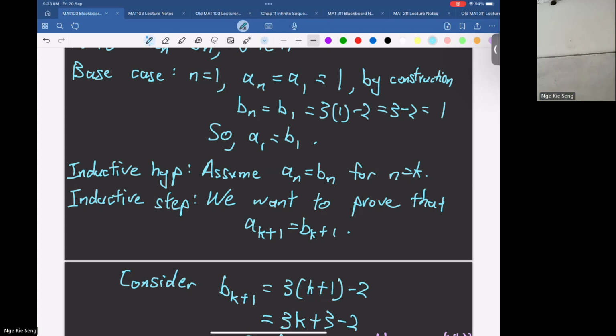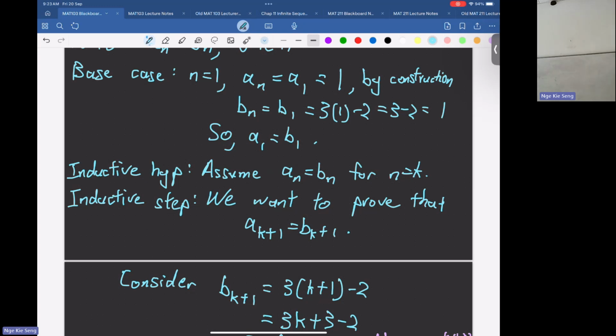Step to prove A2 equals B2, and so on. That's right. So if you want to show that A1,000,000 equals B1,000,000, you need to have A999999999, I don't know how many nines, you can count it, equals B999999999. But for A9999 and B9999 to be true, it needs to be true for A998, for example, equal to B998. And then you can go all the way back to A2 equals B2 and then A1